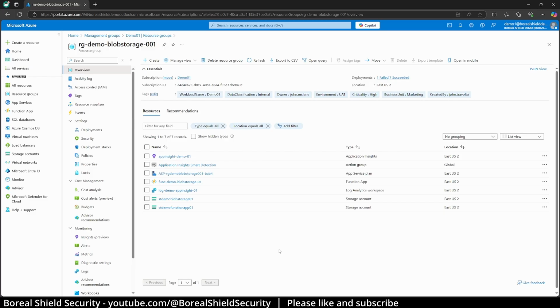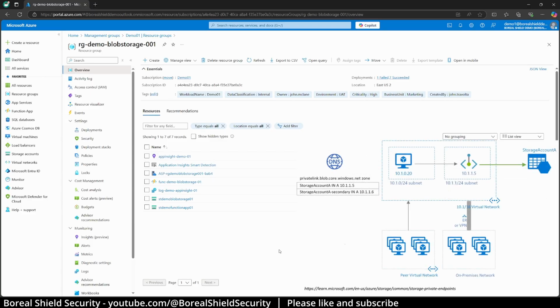Now let's go into networking. So networking is a pretty big part of security for a storage account. The most secure way to allow access to your storage account is to use private endpoint connections and completely disable public access. So what you would want to have is this to be fully disabled, and here you create some private connections. That means that you will create a private endpoint for your storage account in a subnet somewhere, and that will give a private IP address to your storage account. So then you can use just regular network routing and NSGs to allow or block network access to that storage